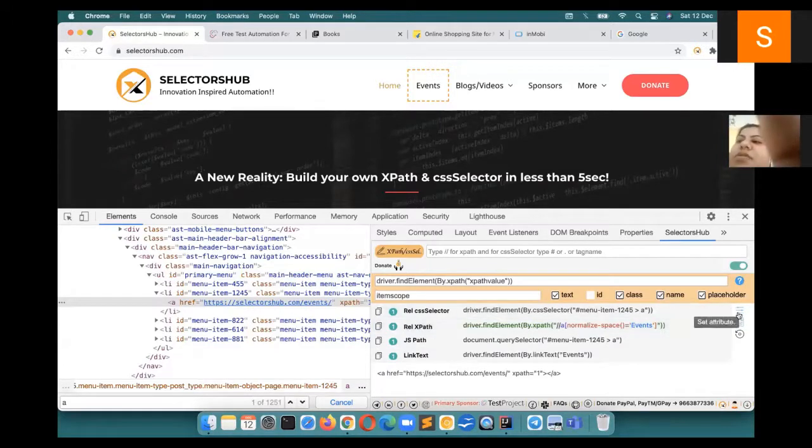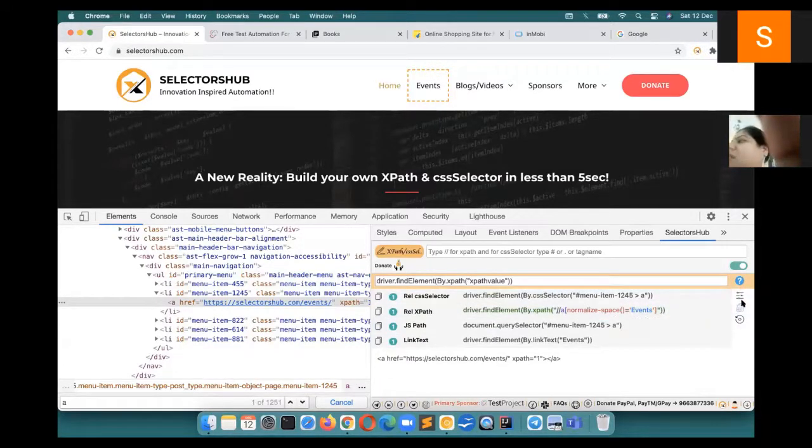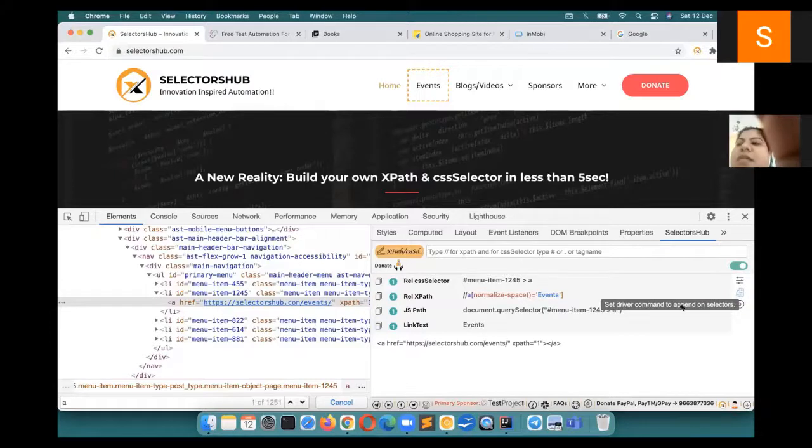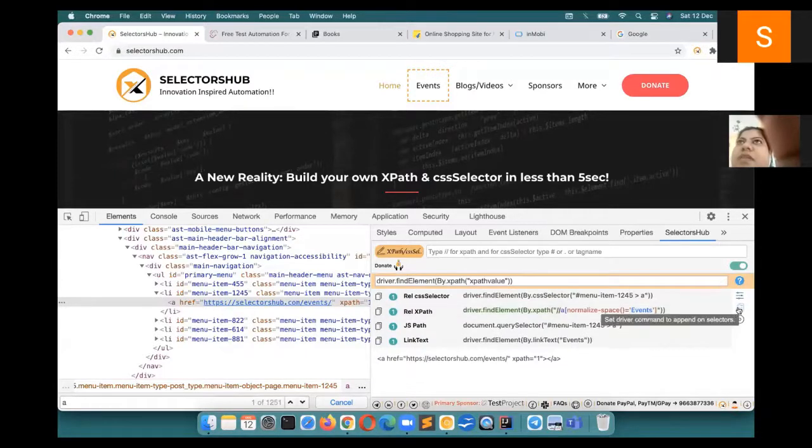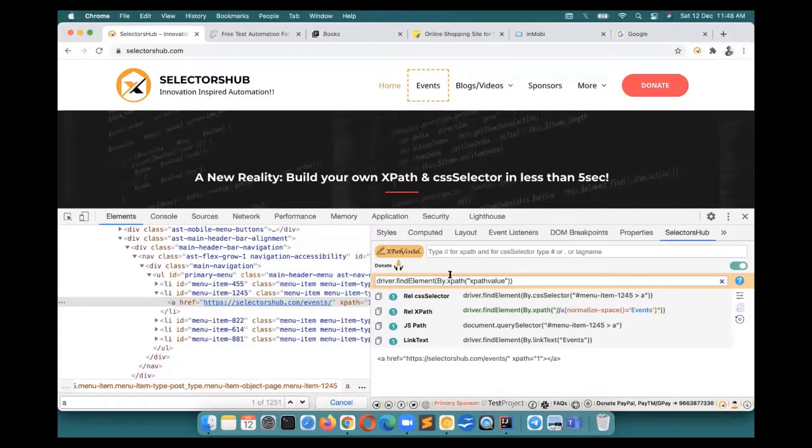You can compare the CSS selector, you can keep it off as well if you don't want to see any of these. Whenever you want, you can turn it on, and all these values will be saved locally. So you need not worry that every time you will have to set this command. And this command could be anything, it is not just for Selenium. Many people write in different ways, so it could be anything. You just press enter, it will take that value and it will set everything. It is smart enough.